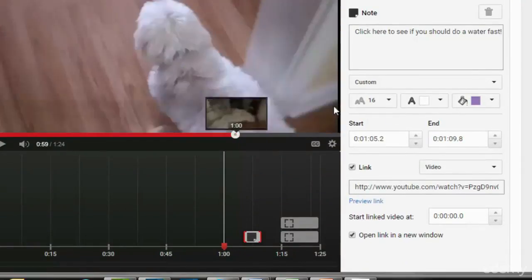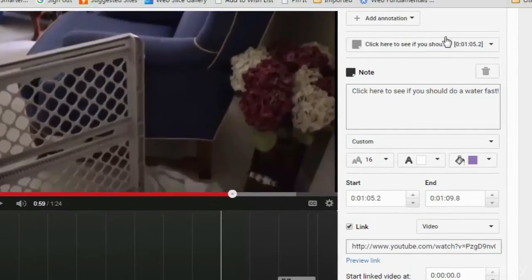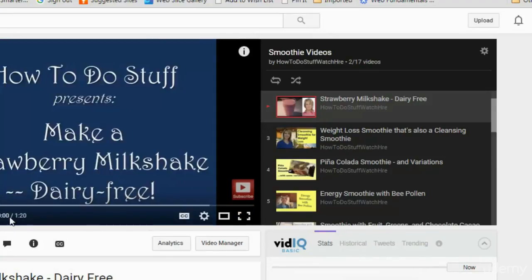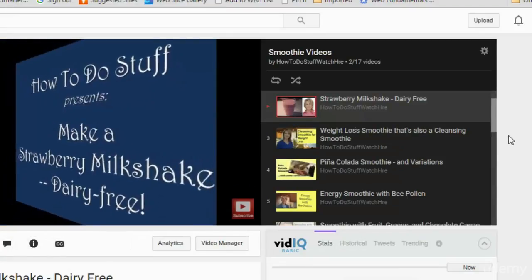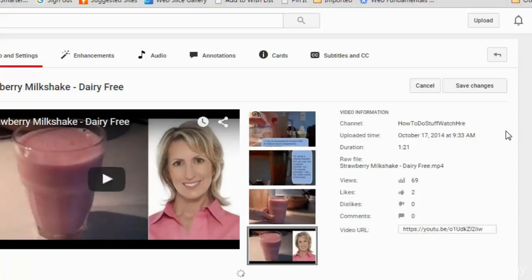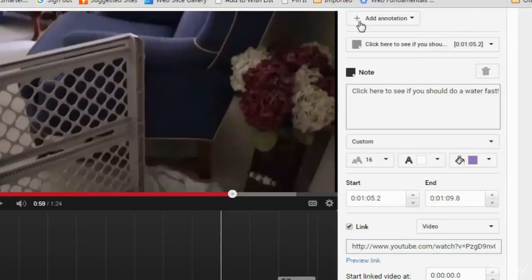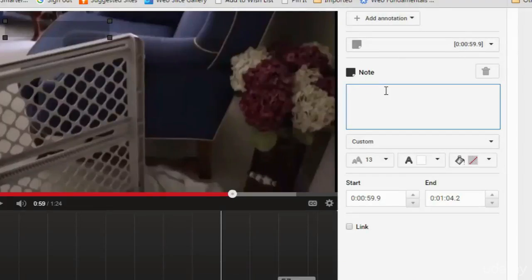So let's say I also want to do another one. I'm going to move this back. I'll do one more. And oh, now it's back. Here's my strawberry milkshake. And here it is in edit mode. I'm going to grab the code for that. I'm going to add an annotation. Click note. Click here to see a recipe for a dairy-free